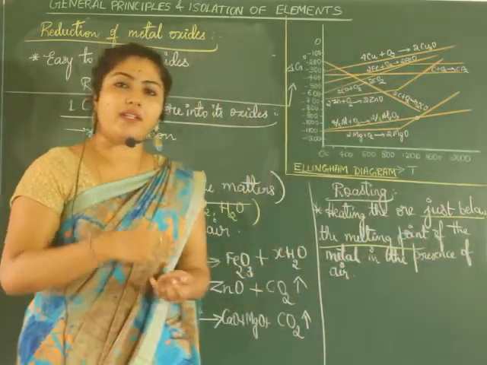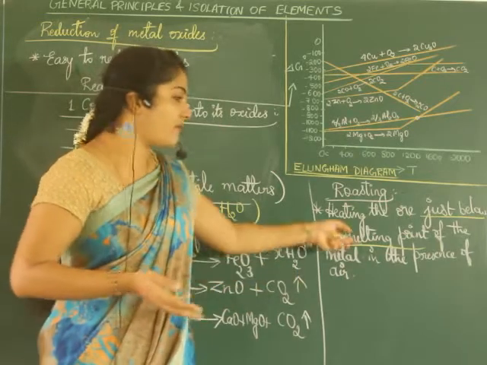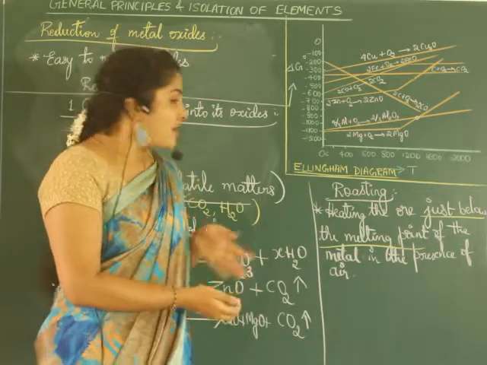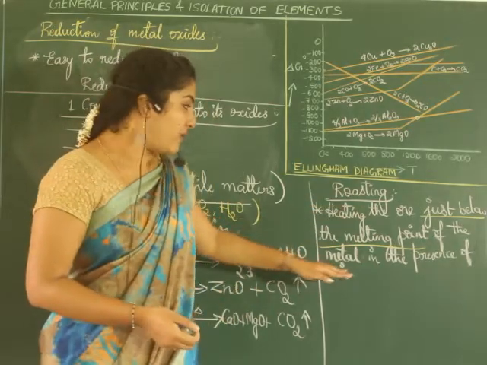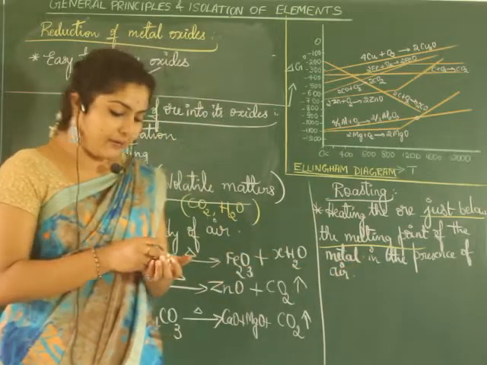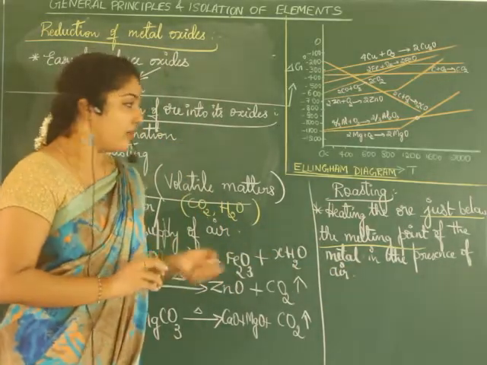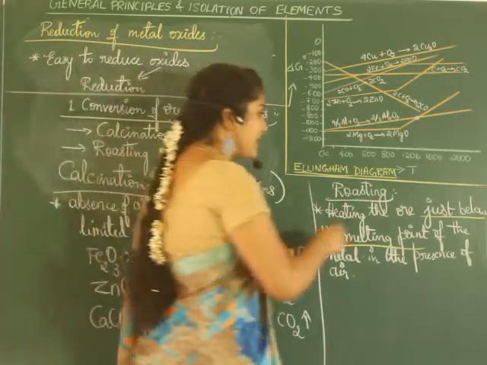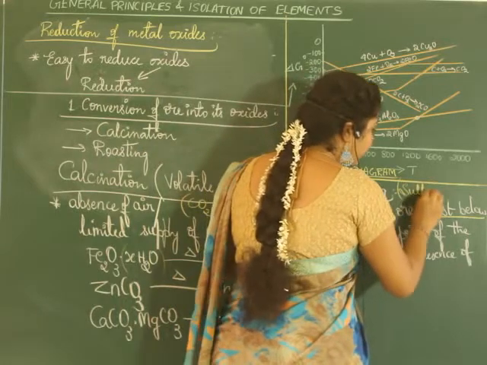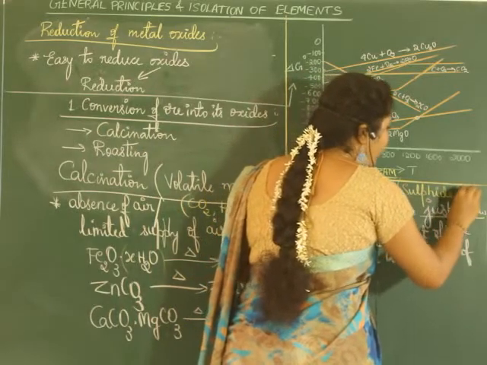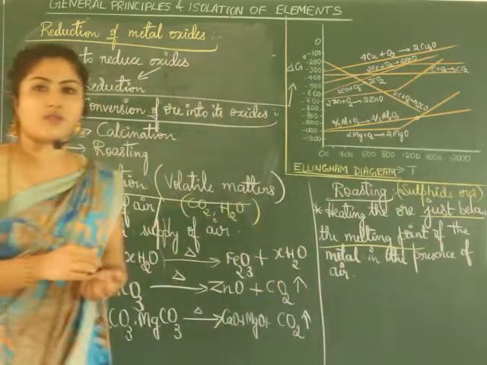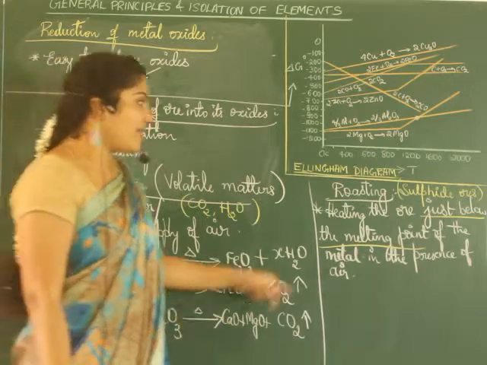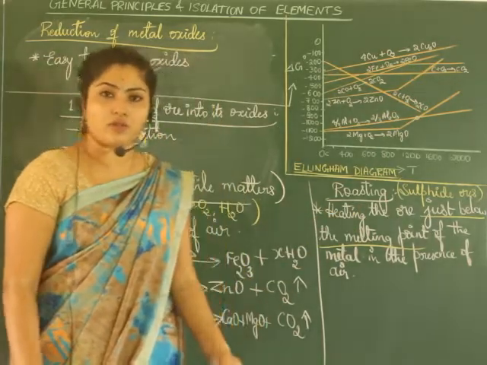Why? If you heat it above the melting point, then what is the use of isolating, or how can you isolate the metal? You have to go for one more method there again, isn't it? So heating the ore just below the melting point of the metal in the presence of air. So air will be supplied here. Which type of metal ores can be subjected to roasting? It is sulfide ores. Sulfide ores will be subjected to roasting. Remaining volatile matters, if present, we subject to calcination. Usually sulfide ores are subjected to roasting.